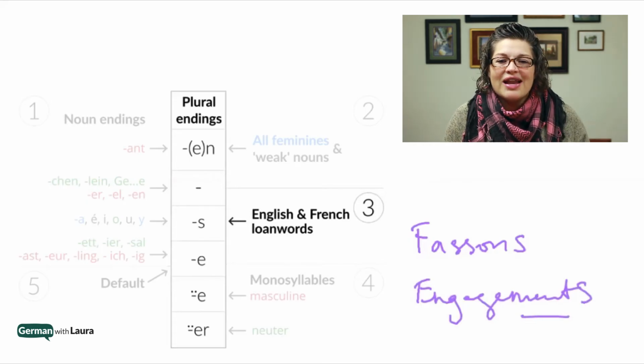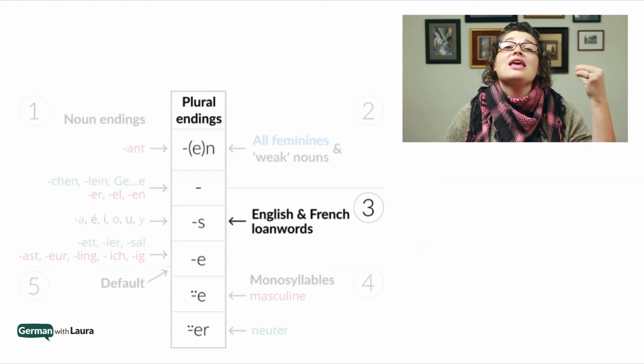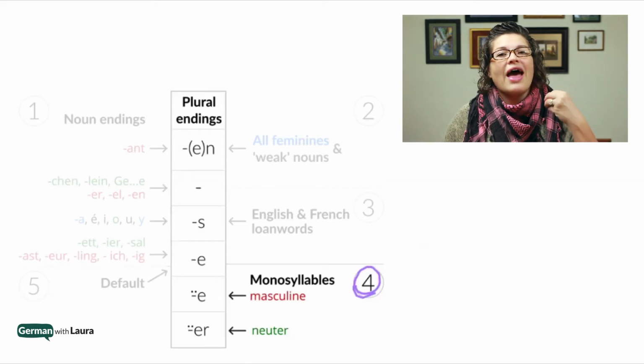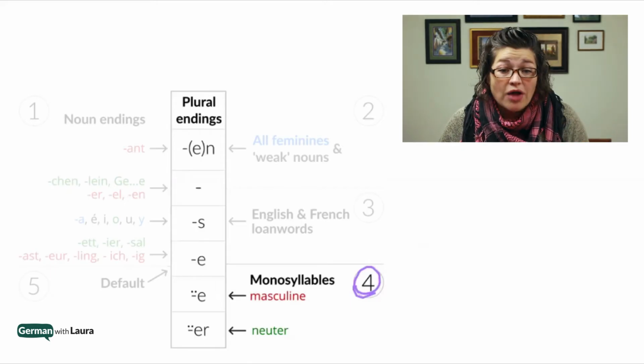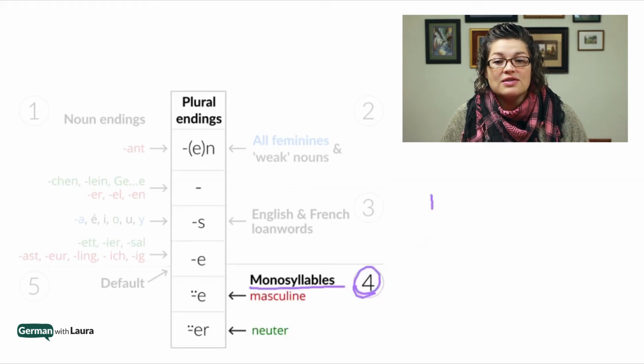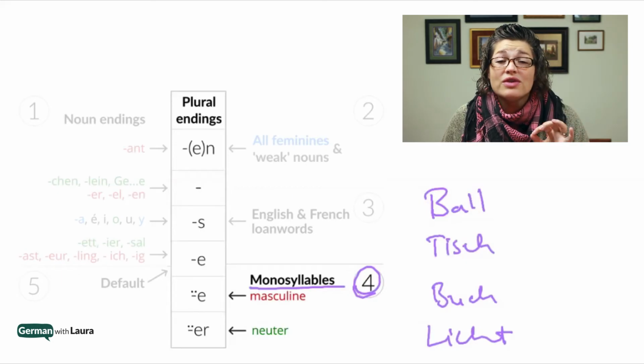All right, so then if train stop number 3 didn't apply to your noun either, we keep traveling to train stop number 4. And at train stop number 4, we have all the remaining monosyllables get off. So the single syllable nouns such as Ball and Tisch and Buch and Licht. Okay, so now the thing is, if your noun gets off here at train stop number 4, it's going to